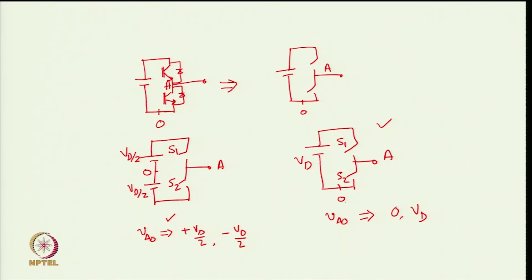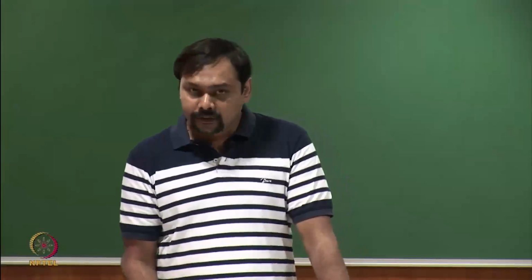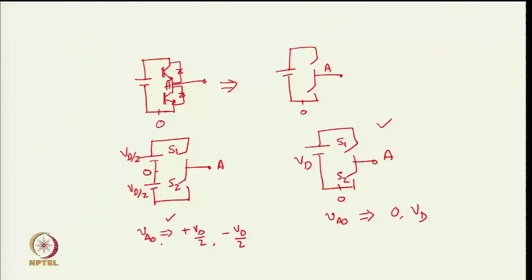If we can remove this DC offset by using this circuit, the analysis becomes much simpler. And so, many people prefer to use this circuit with the O point at the middle, because the DC offset in the VAO voltage does not exist in this circuit,